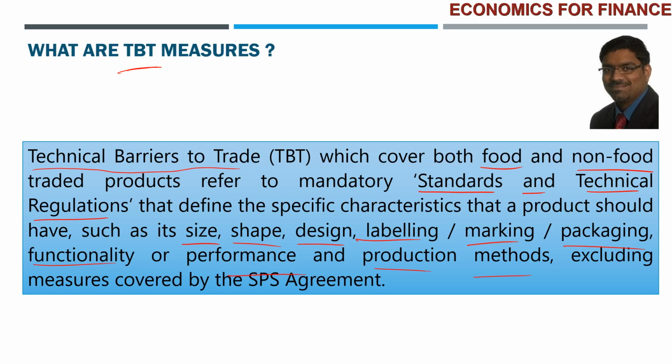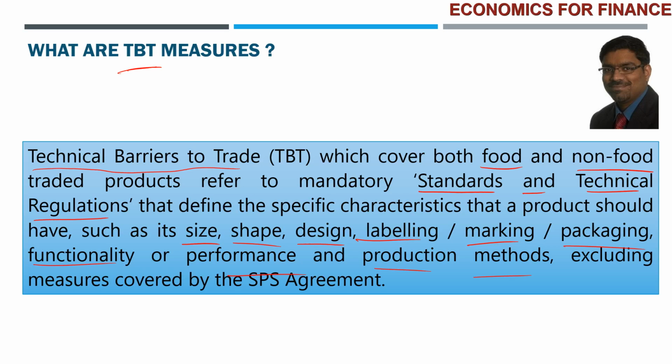Performance and production methods should be like this. All these things we will specify, either like this or not like this. So labeling should not contain this, marking should not contain this, shape should not be like this. All this we can specify. So a lot of specific technical measures can be taken, or technical specifications can be mentioned, to naturally either encourage or